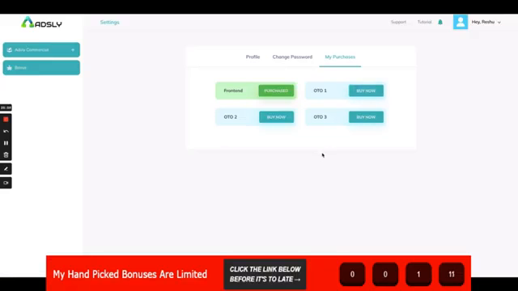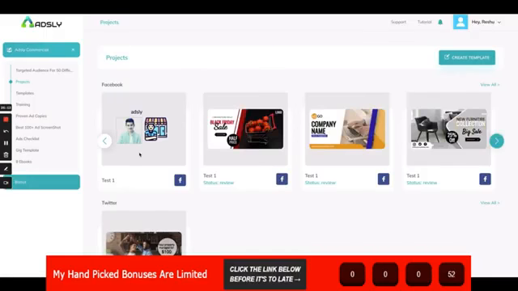We also provide template club access in the upsell where you are getting 20 highly converting templates each month for the next 12 months. Isn't that amazing? So this is what Adsly is, a very powerful tool which will help you to run ads on all the social media platforms present on the internet.